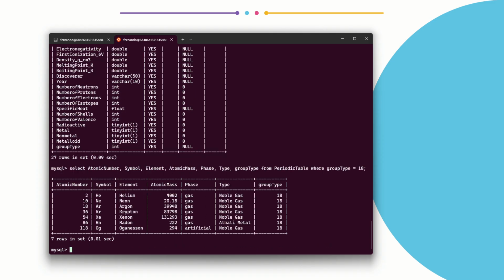And you see all the noble gases: helium, neon, argon, krypton, xenon, radon, and oganesson, which must be non-stable, so